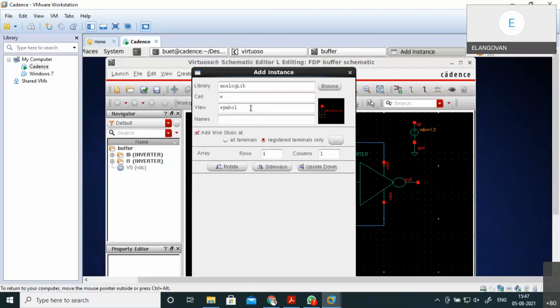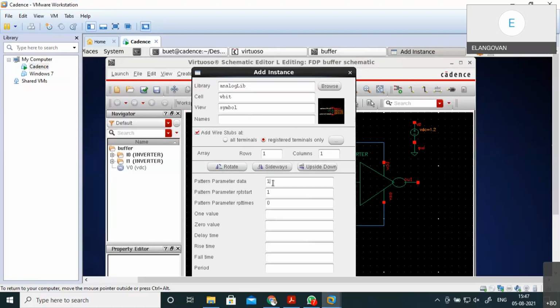Suppose I'm taking 1010, and my 1 is 1.2 volts, my 0 is 0 volts, my delay time I'm choosing 0, my rise time 0.01 nano, and my fall time is 0.01 nano, and my period suppose again 10 nanoseconds.